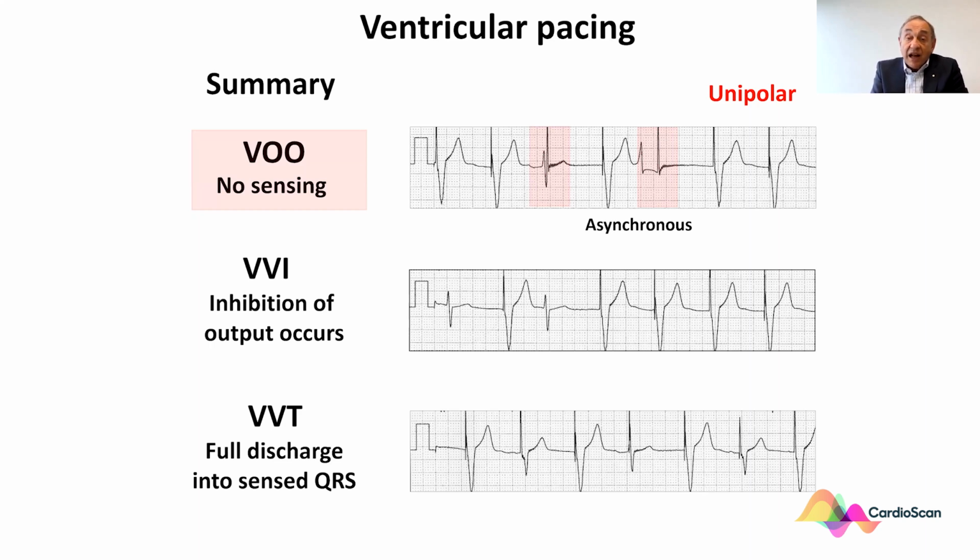The first red highlight is a sinus beat, and the second may be a sinus beat or a ventricular ectopic. Neither of these are sensed, and therefore the stimulus artifact occurs within the QRS or just beyond it and is during the refractory period, and therefore there is no pacing